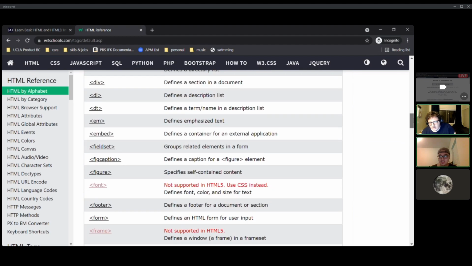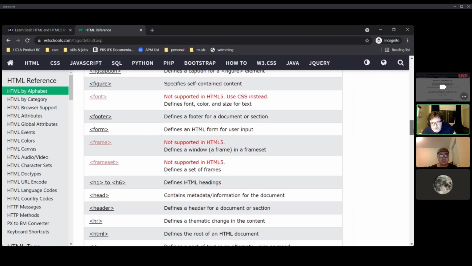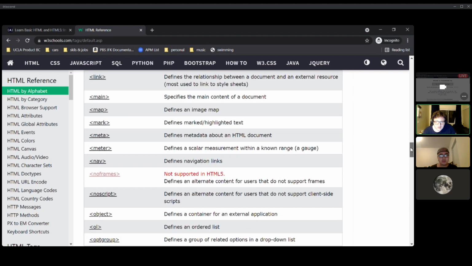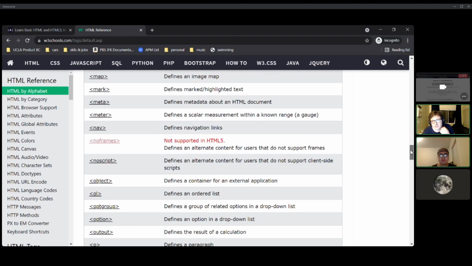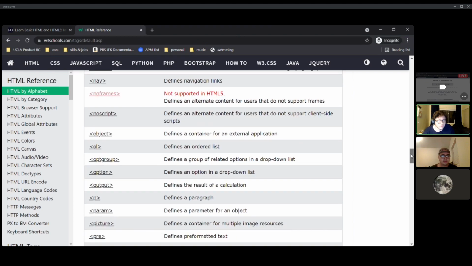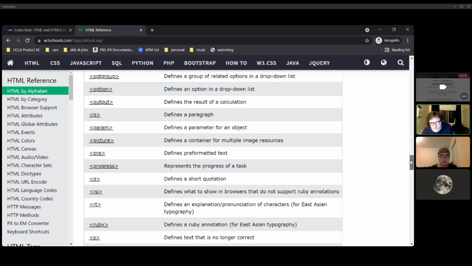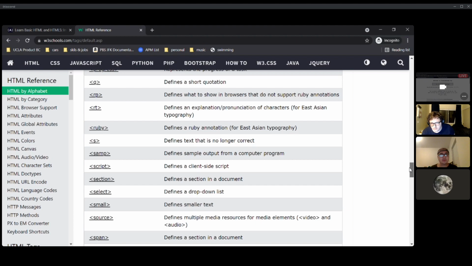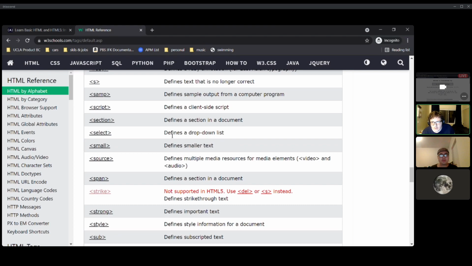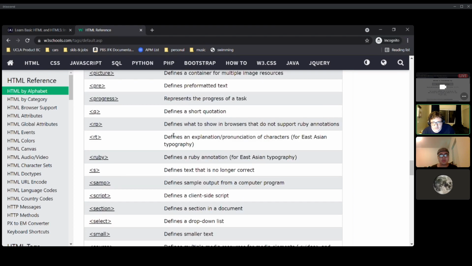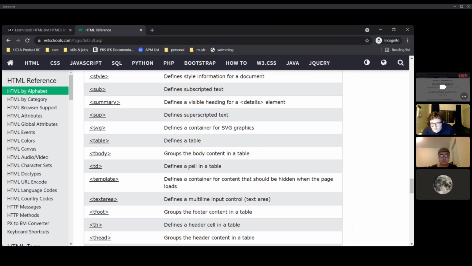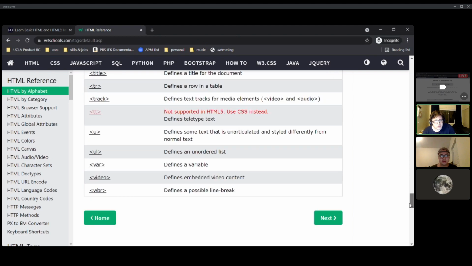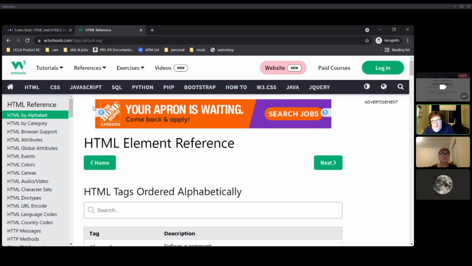That's a lot. Nobody has to memorize them all. It's important to know the basic ones, like anchor tags, which are links, navigation, paragraph, headers. I don't think you really need to remember what a small is or SAMP. I don't even know what a SAMP is. Right. But W3 Schools is a great reference to use when you're working through these problems